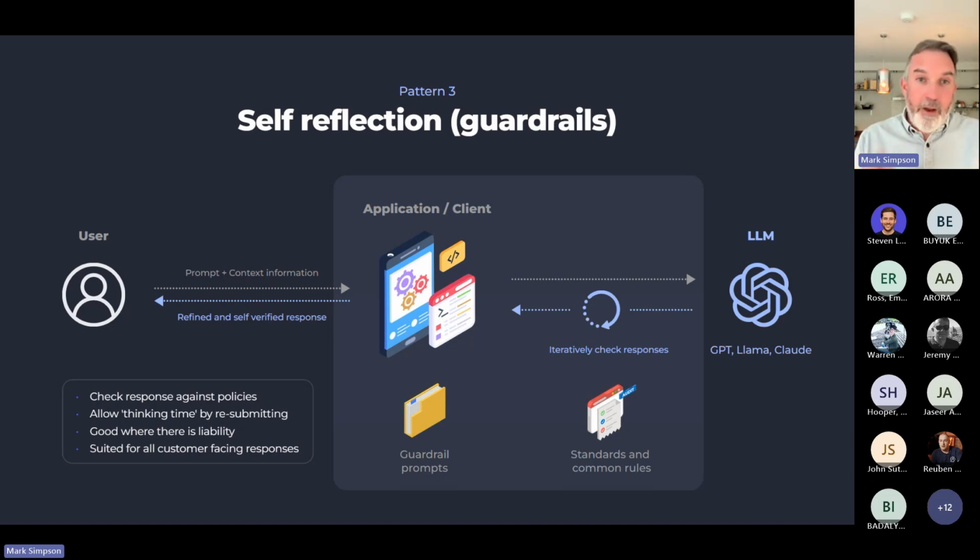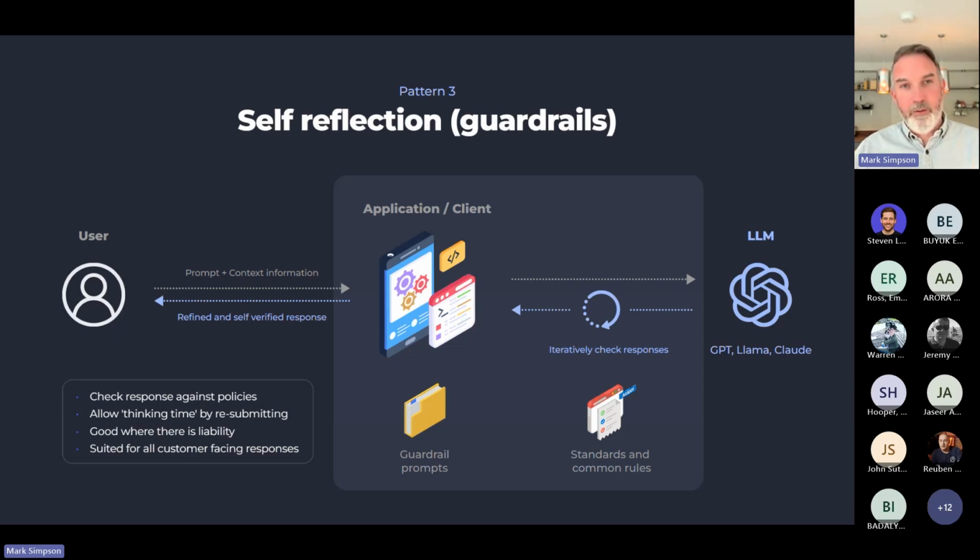Now we can build that into our library of prompts, and we can make sure we automatically apply those checks with every single response. So it's not up to the user to continually say, can you self-reflect? Can you apply our standards and rules to that? We can do that automatically, whether you're using one of the commercial products, or building it into a chatbot or a portal conversational UI for your customers.